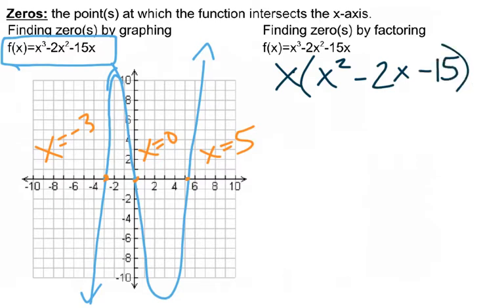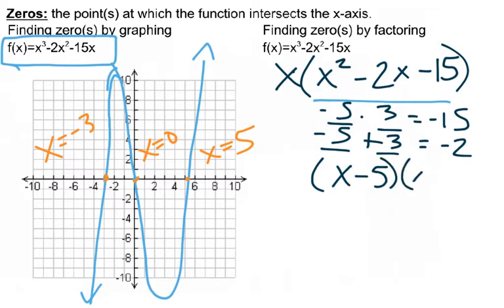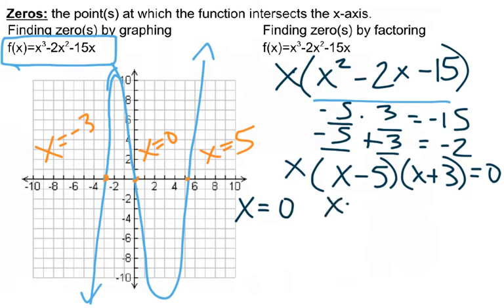Okay, so now I am factoring what's in the parentheses. I'm looking for two numbers that multiply to give me negative 15, but add to give me negative 2. Those two numbers are negative 5 and 3. So this becomes (x minus 5)(x plus 3), and also the x from the very beginning. Because we're finding zeros, we're going to take all 3 of the factors and set them equal to 0